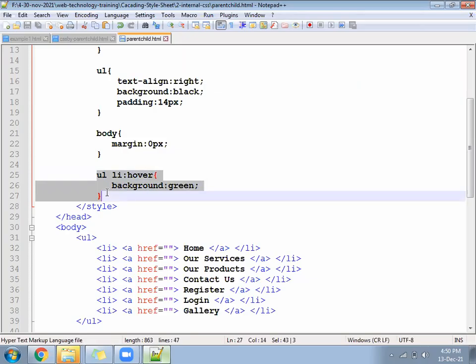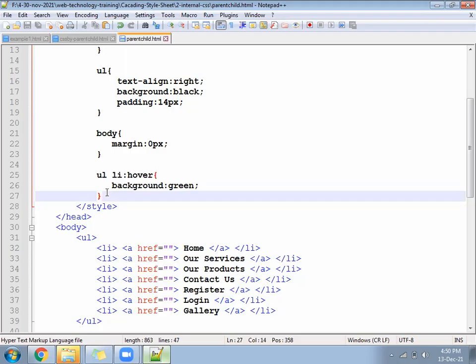Hover. Okay. Now see, once you move the mouse on LI, what is the color of A? Check once. When you move the mouse on LI, what is the color of A? A tag is coming in which color?